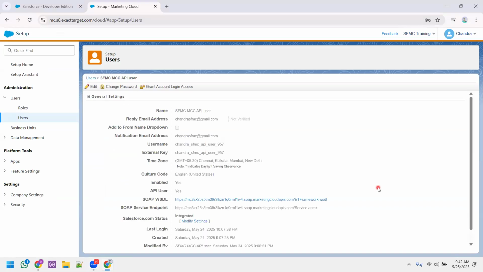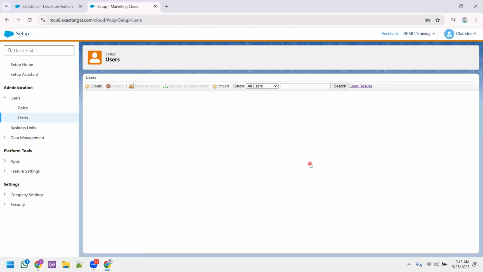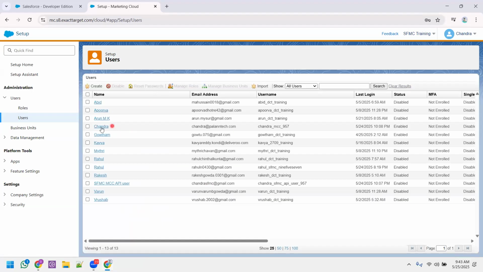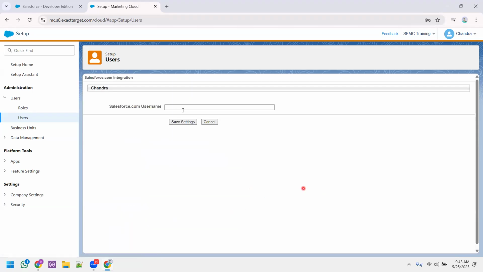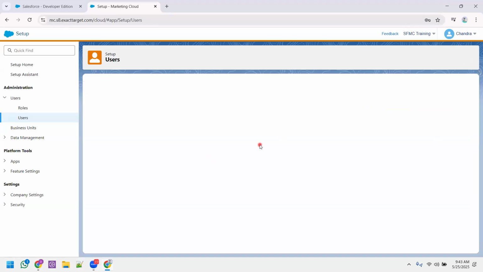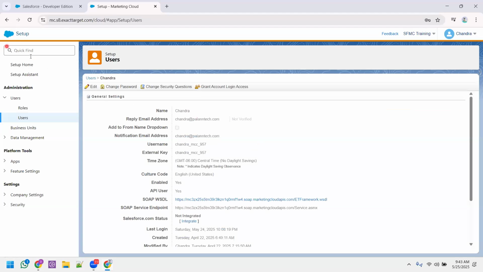This is the one-to-one connection. You can pick any user of your choice, and if you try to connect it, this will throw an error. Let me take the user Chandra here. If I try to connect this, I need a dedicated username on the CRM side. Now observe the screen. I'll click on save settings. What will happen? It will throw me an error. Why? Because this username of Salesforce CRM is already connected. So that's more than enough for me. So now I'm Chandra. Can I send the email? Yes, I can send the email to